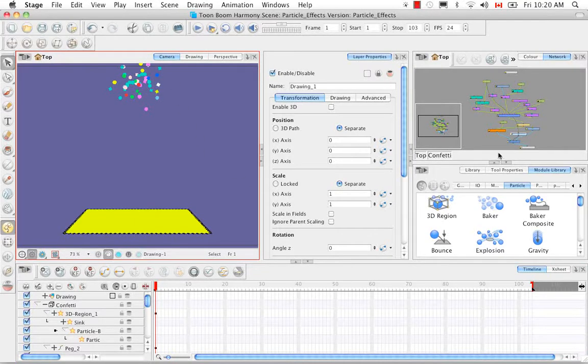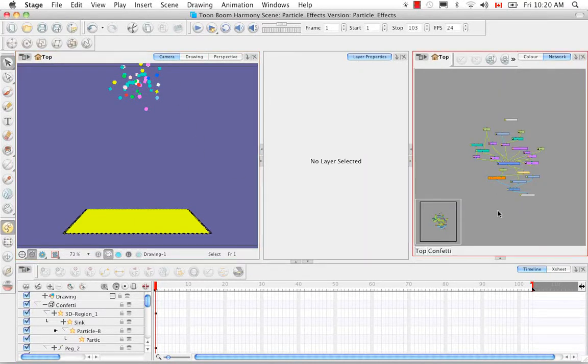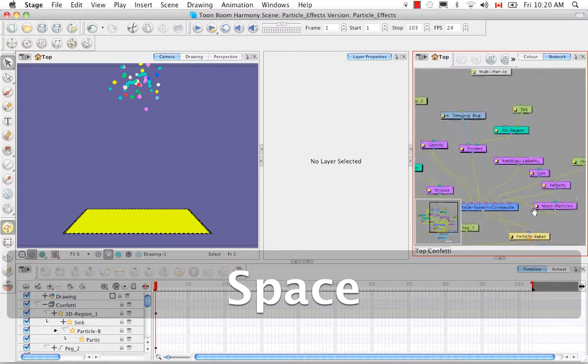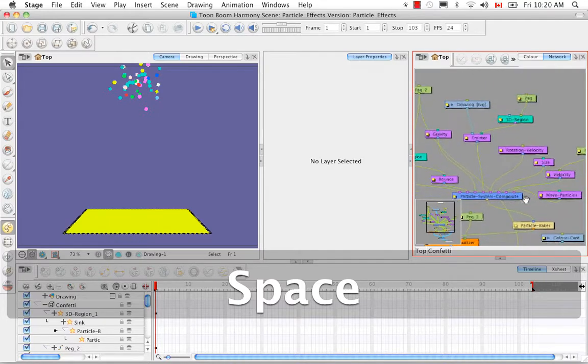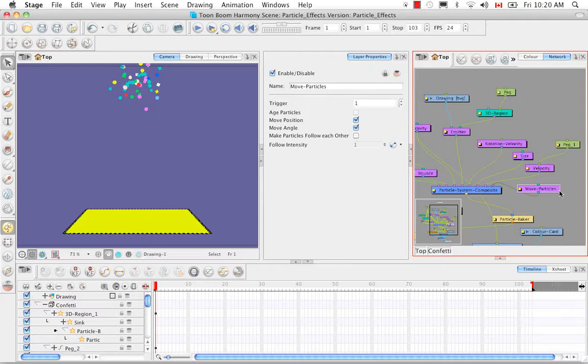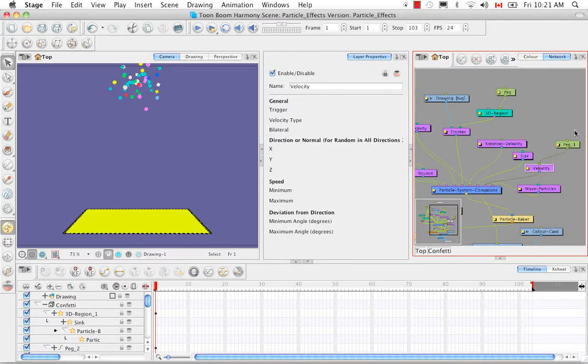Okay, so now let's take a look at the network view. And let's work from right to left, as that's the way that these action modules are being read. And if there's anything connected to the action modules, then I'll also discuss them as well. So the first one we saw was the move particles. And we actually already went into layer properties in the first video. So we're going to skip that and then move on to the velocity, which in this case also has a peg. So for this module specifically, I'm going to click on its yellow box to bring up its layer properties